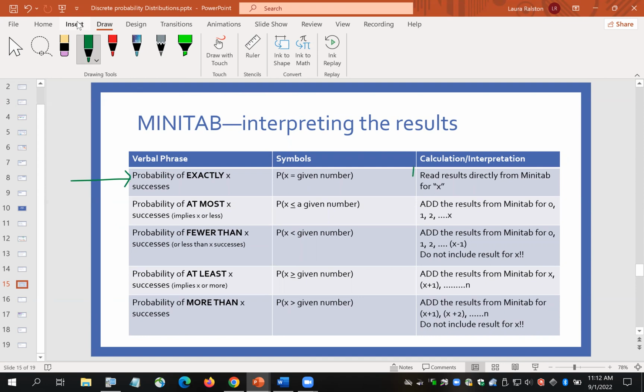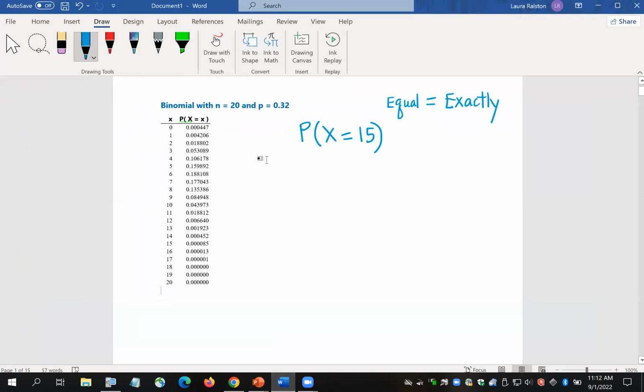So if I read over to the last column, it tells me what to do to get that answer from my Minitab output. And it says, read results directly from Minitab. So I'm going to use my table that Minitab gave me. And I'm simply going to read the value. My X was 15. And so I find 15 in the X column and I look at the number that's next to it. So it's